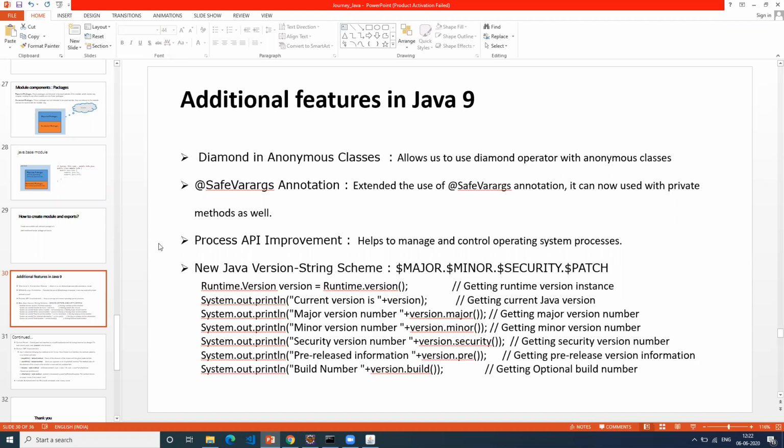Okay, the final 2 slides. I have 8 more minutes, so I just want to cover all of them. There are some features that got introduced with Java 9. One is diamond in anonymous classes. So you know what diamond is, right? In your class, I think I have written a simple example for that.